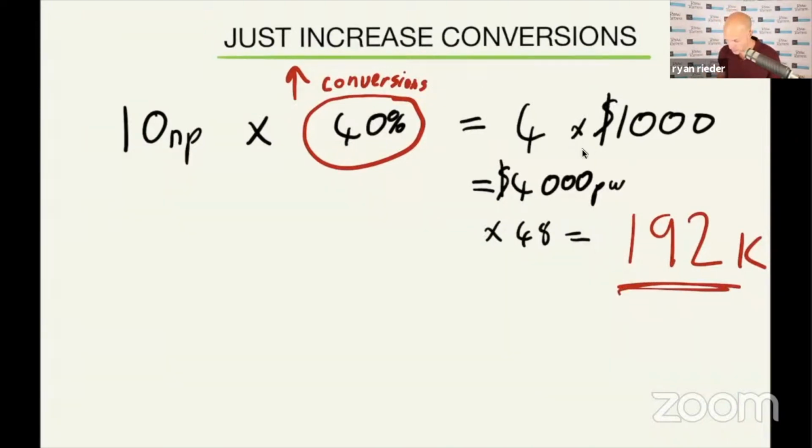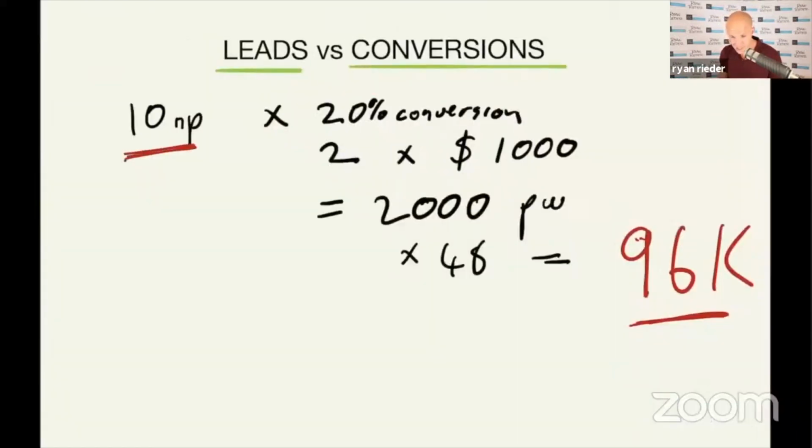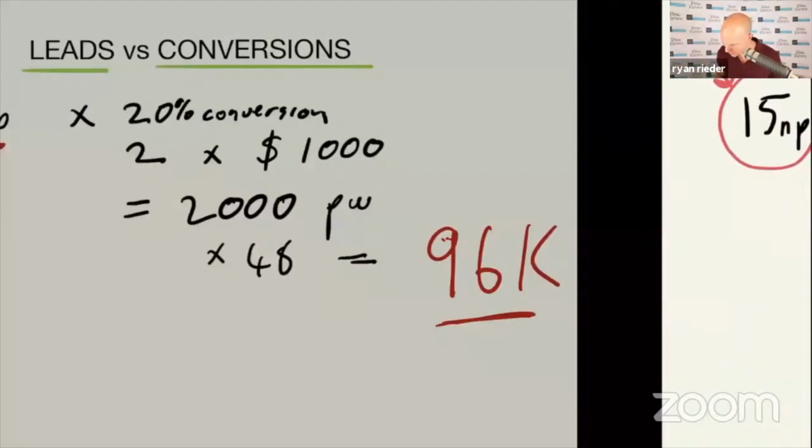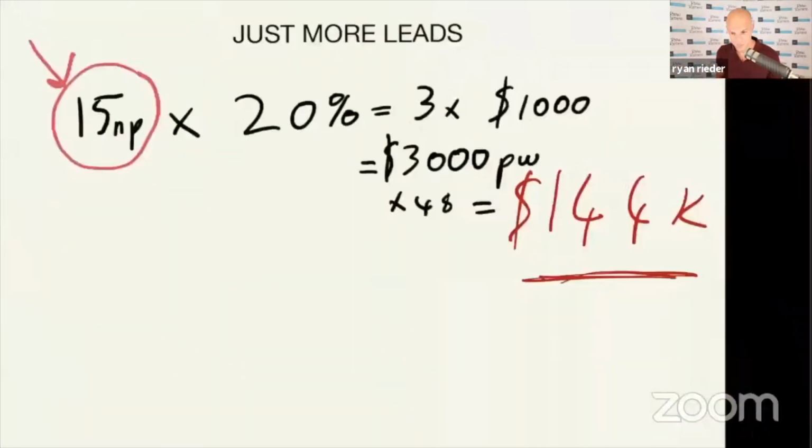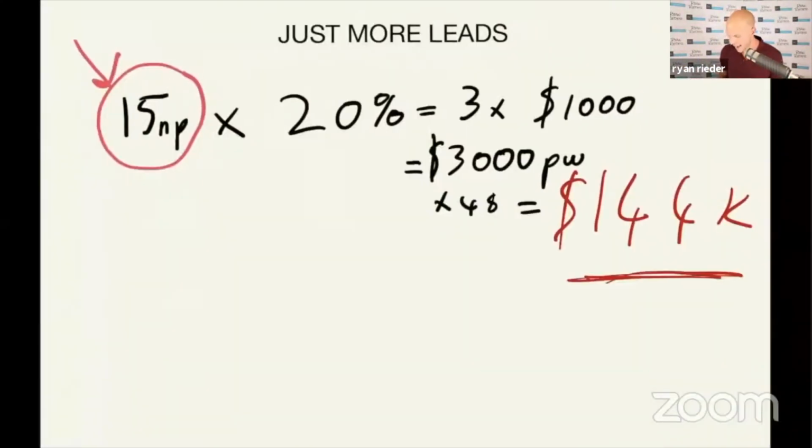So remember, same new patients, 10 new patients, 20% conversion, same new patients. All of a sudden, you've got 40% conversion, and we've jumped by $100,000. How many of you are okay with earning an extra $100,000? A 6-figure jump by just going from, by the way, in one-on-one sales, like you should absolutely,